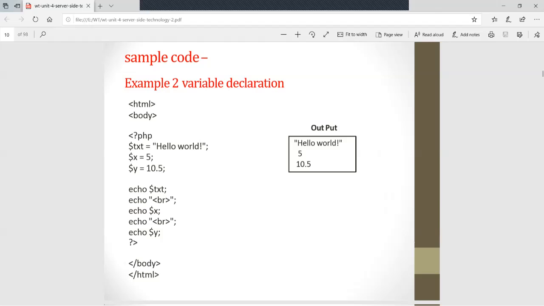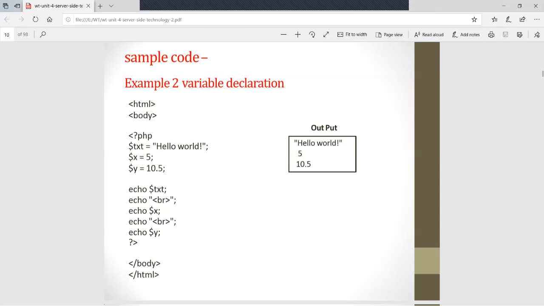So in the txt variable the value hello world is stored. Then the variable $x: here we declare variable x, meaning memory is allocated for that variable, and the value assigned to that block is 5. And for variable y, some memory is allocated and that block contains the value 10.5, right?